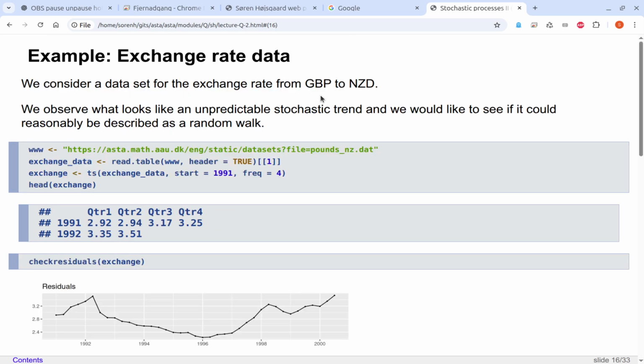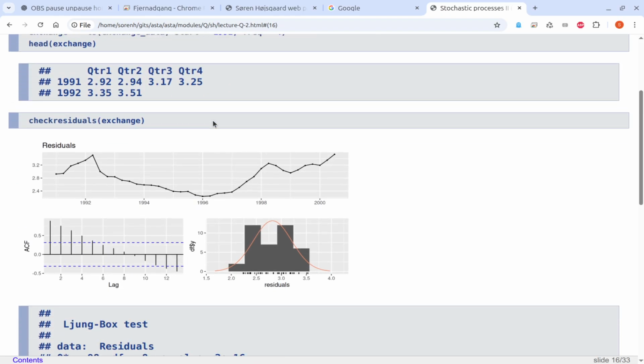Now let's look at a real data set. The exchange rate from British pound to New Zealand dollars. If I look at the data,